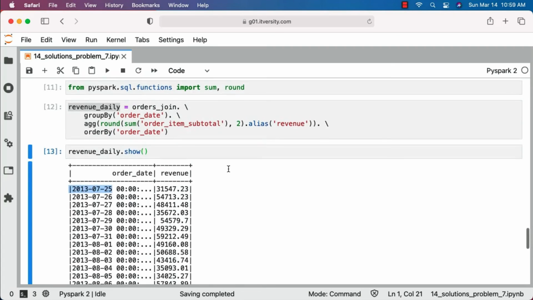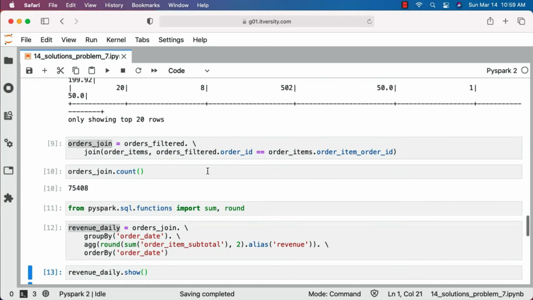This is how you should be able to join multiple datasets, and using the join results, you should be able to group by and then aggregate based upon your requirements. Finally, if you want to sort, you can take care of sorting as well. Make sure you are comfortable with this. As part of the next topic, we will improvise on top of this to get not only daily revenue but also daily plus monthly plus yearly revenue using the roll-up method.